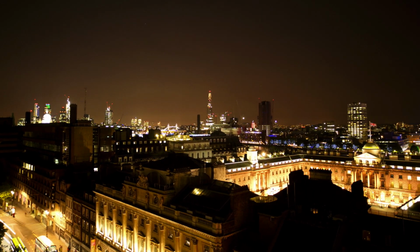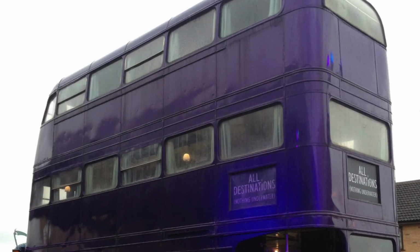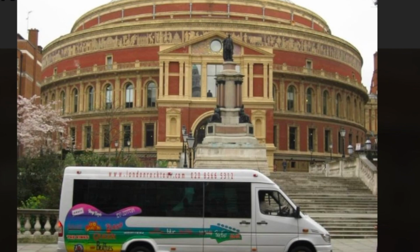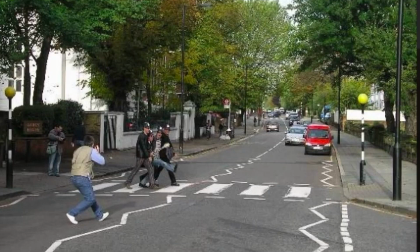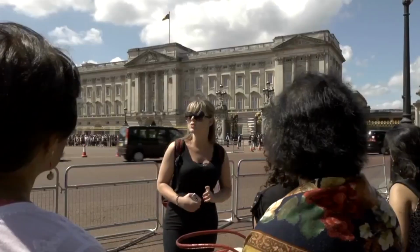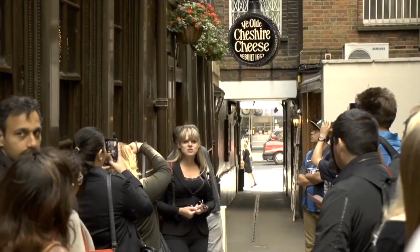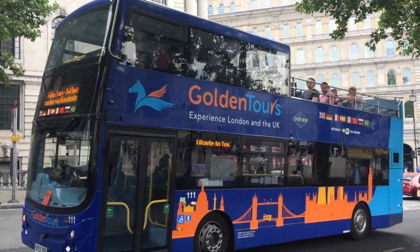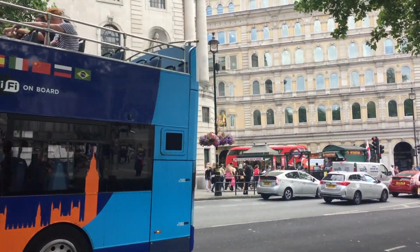If your feet are tired and you want a faster option, or maybe a themed bus tour, such as a Harry Potter bus tour, Beatles and rock and roll, or day trips from London to Stonehenge or Oxford. These are great to help you get an overview of the city before exploring on your own, or with a walking tour. Make sure you look into the combination ticket options, as many of the bus tour tickets can be